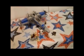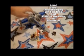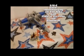And you also get a Flame Trooper, so if you're trying to build an army, you get an extra Flame Trooper with it. So all in all, I give this set probably an 8 out of 10, only because if you are collecting and you tried to get everything from the first wave, you technically already bought this, so I could see where it comes as a ripoff. But I do also agree that if you haven't bought either set yet and you're only able to buy one, buy this one, just because Poe doesn't have to be the pilot. You get a more usable Poe,